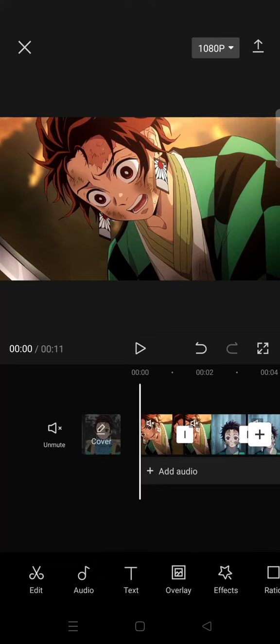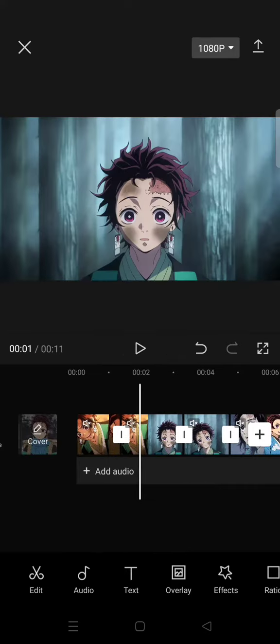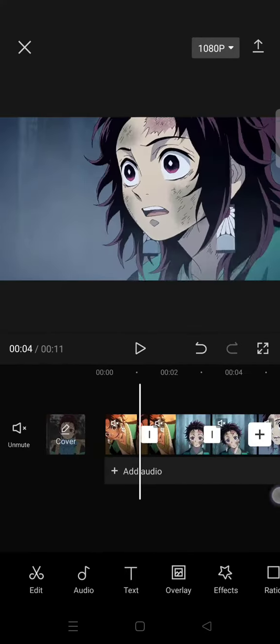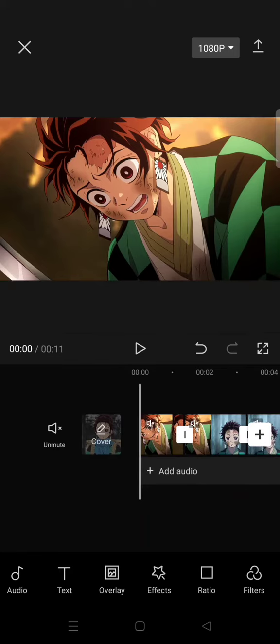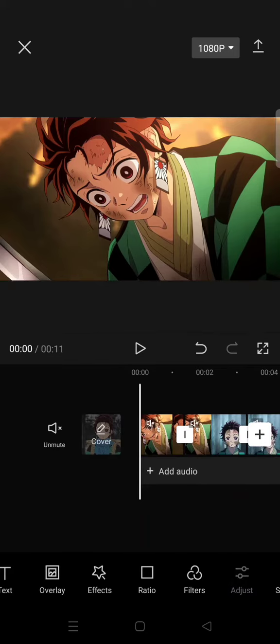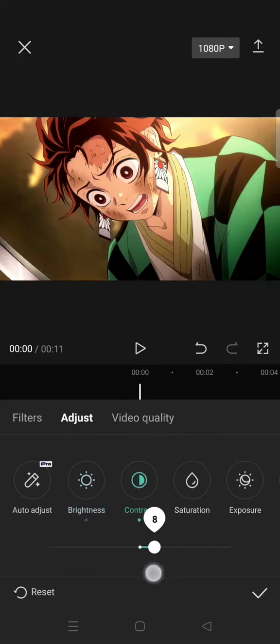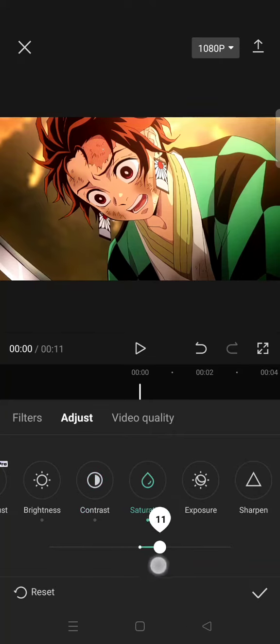On today's tutorial, I'm going to show you how you can apply adjustments or color grading to all of your clips in CapCut. So here I have already imported a few clips to my CapCut, and I'm going to just go to the adjustment menu, click on adjust. Let's say I apply some color adjustment into my video